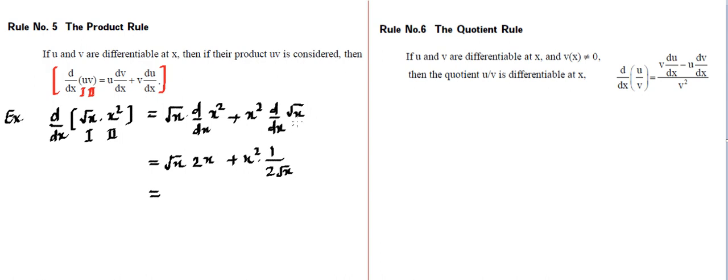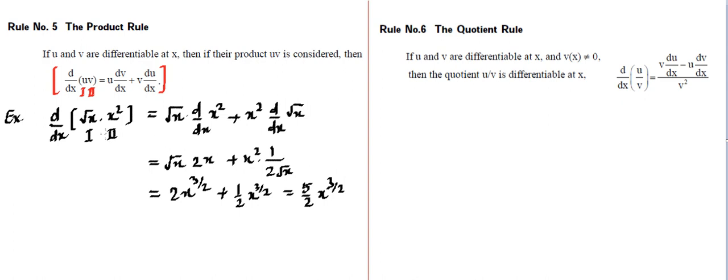So differentiation of root x we have just carried forward, so you can see from the previous example it came out to be 1 by 2 root x. So this can be written as 2x raised to power 1.5, that's 3 by 2, and this is going to be 1 by 2 x raised to power 2 minus half, that is 3 by 2. Ultimately it's going to be 2 plus a half, that's going to be 5 by 2, 5 by 2 x raised to power 3 by 2. So this is how we can apply the product rule. So product rule has a particular way of application I have shown over here.